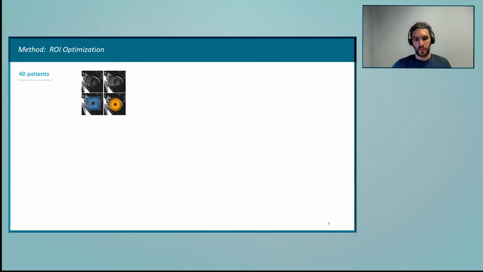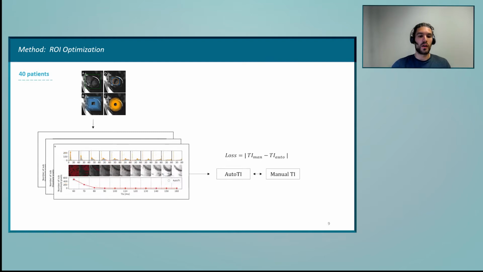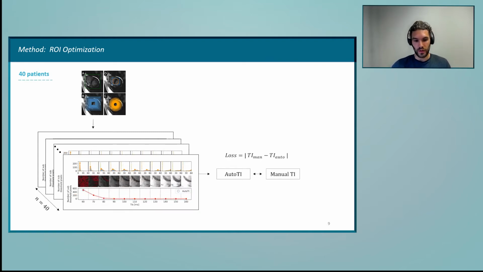Then we start from this coarse detection thanks to the shim, which is the image A, and we want to select a subregion. We continue to keep it simple, and we just tested 2 different shapes, and we want to have information about the blood pool and the myocardium. So we just want to be within the heart, basically. And we tested 30 different sizes, ranging from this original size to 1/4 of this original size. So for each different region of interest, we compute our automated TI. We compare it to a manual expert TI using an absolute difference. And we do this for 40 different patients of the